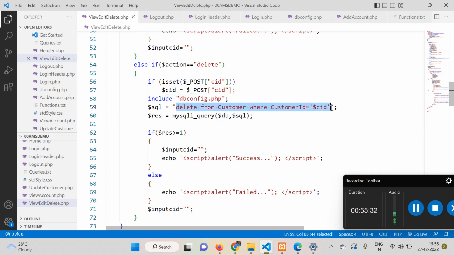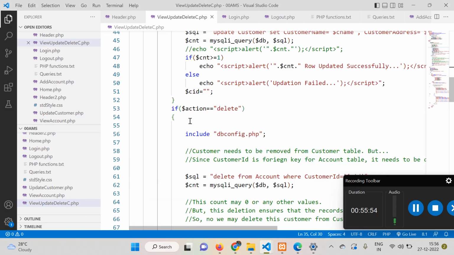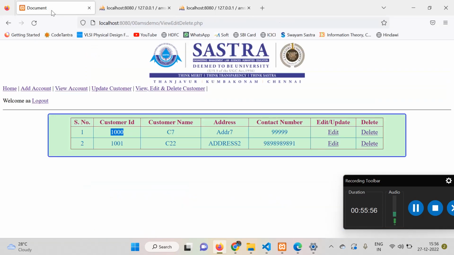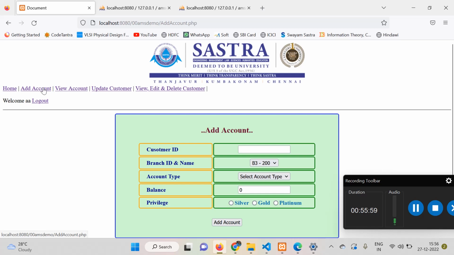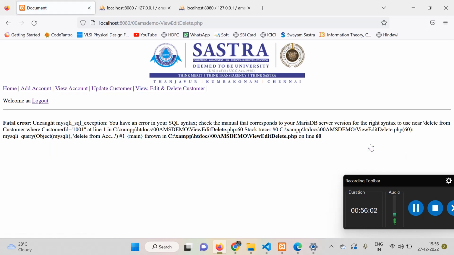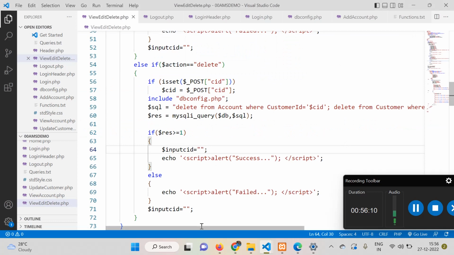One more before that, semicolon. Okay, what you need to do is delete from account. Okay, after that you delete from the customer. Now I think it will be allowed. This one still, delete from. So two lines you cannot execute through this code, so what you can do is